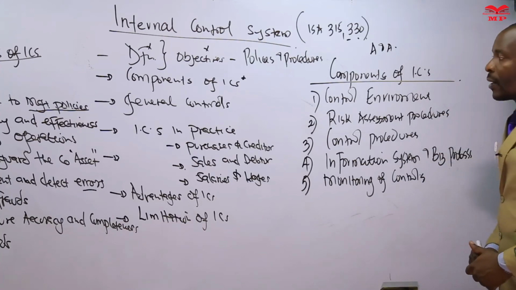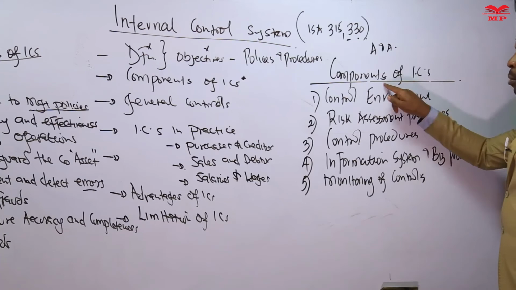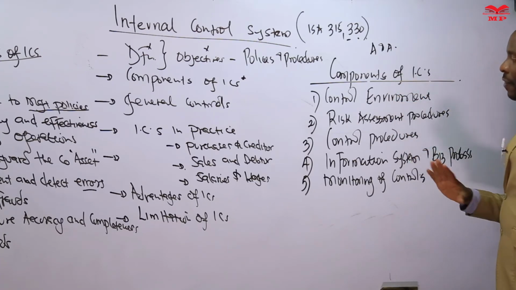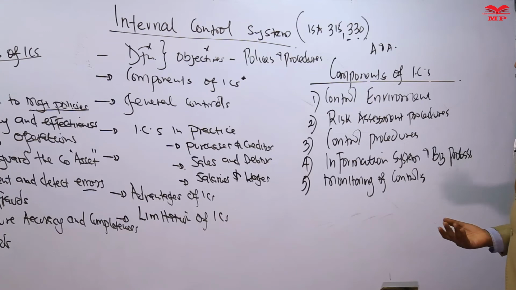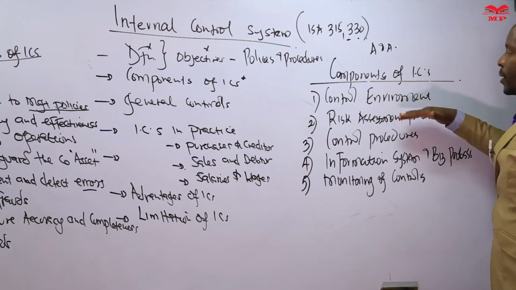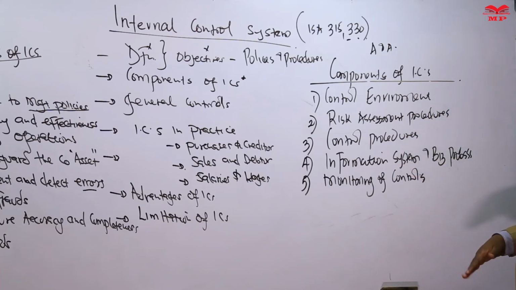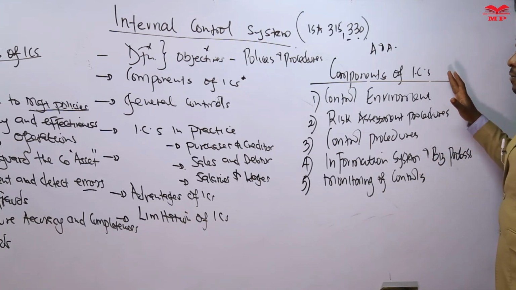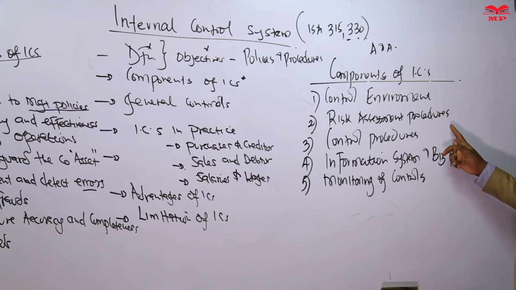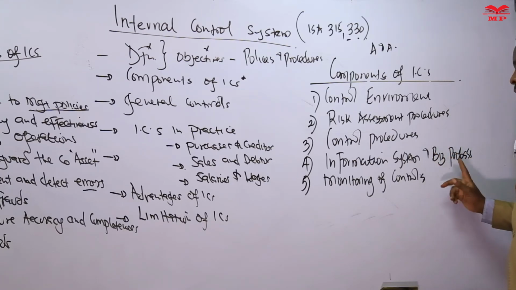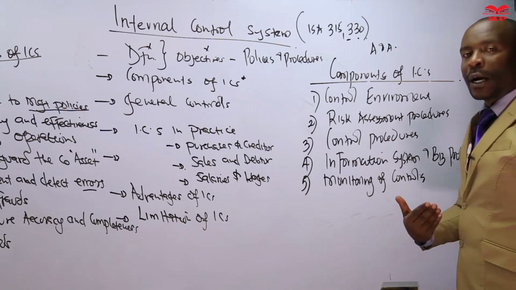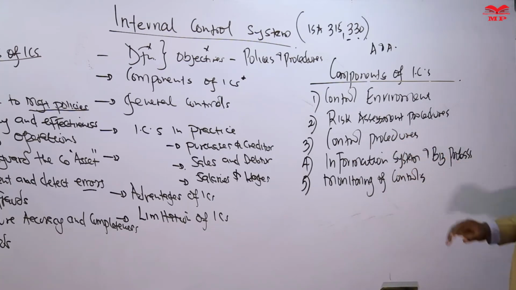Make sure you always know that the components of ICS are 5. They are not more than 5, they are not 10, they are not 15. The 5 components of ICS are control environment, risk assessment procedures, control procedures, information system and business processes, and monitoring of controls. I repeat, the components of the internal control system are 5. We have control environment, risk assessment procedures, control procedures, information system and business processes, and then monitoring of controls. These are the tools that you cannot stay without when you're introducing the internal control system in your company,